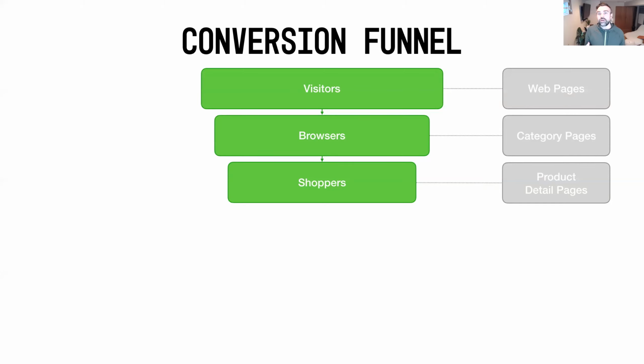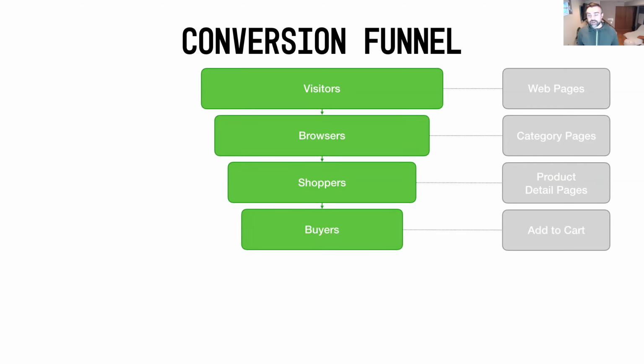And now you've got people that are committed to actually, they've touched a product, they're a bit more committed now than the browsers or the visitors. So let's delve in a little bit further. Next, we've got what you would call your buyers. These are people that are actually physically taking something and putting it in their cart. So they're basically at the store, they've got a shopping bag with them, maybe a cart, maybe a basket. They're physically taking something off the shelf, putting it into their cart.